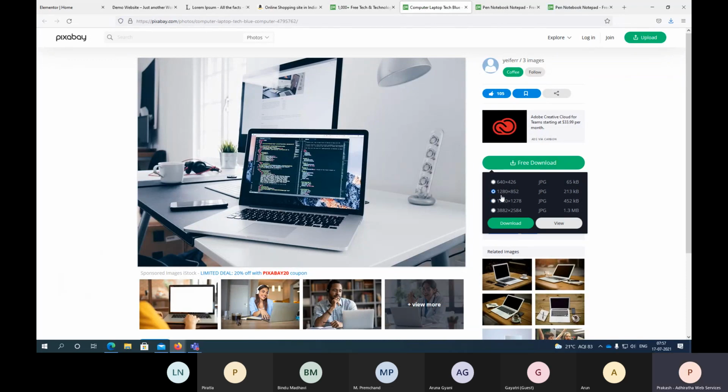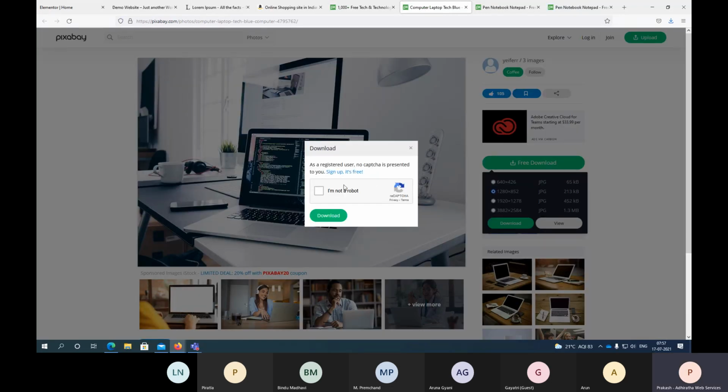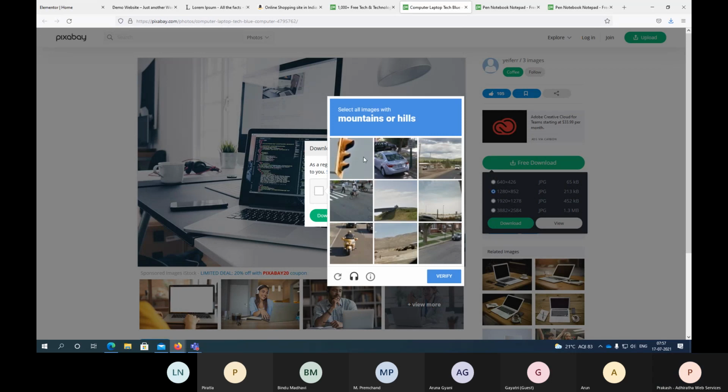So this time let me pick a little lesser resolution. There's a mountain.